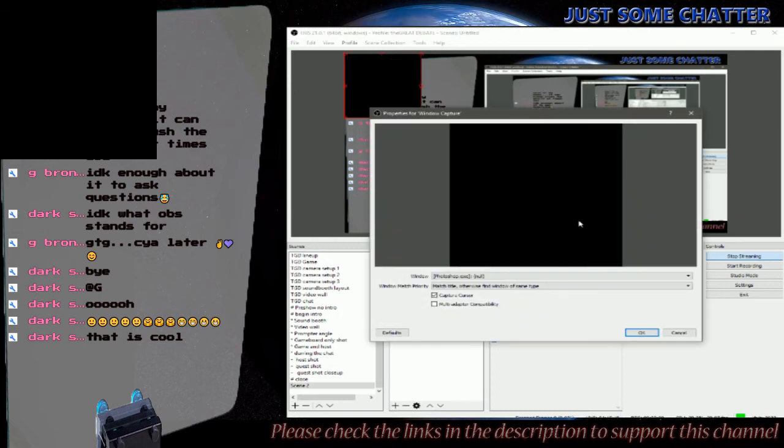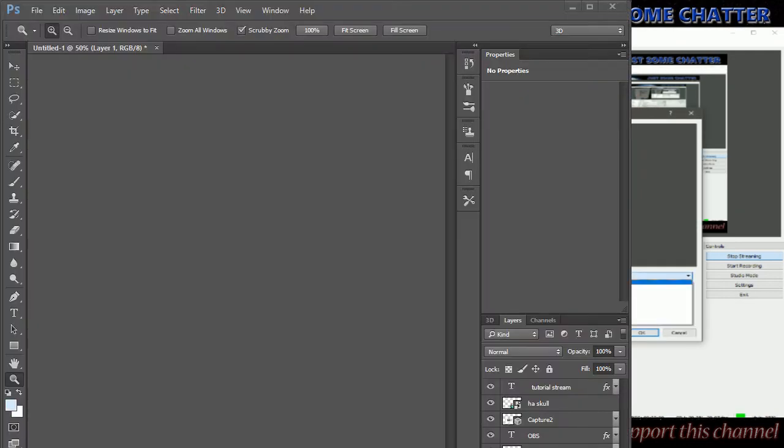Not Photoshop. It's not giving it to me. Yep, there's Photoshop. Voicemeeter, Explorer, Discord. It won't give me Discord. It gives me a black screen because of the Discord limitations. I downloaded the thing to work with it. I just haven't messed with it yet. I think we mentioned that back at the beginning.